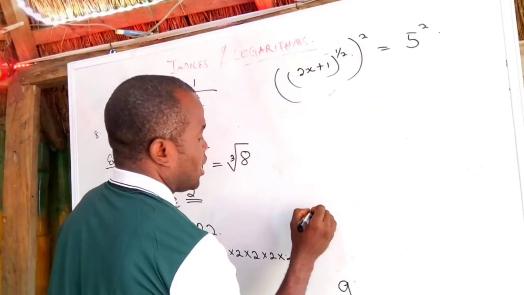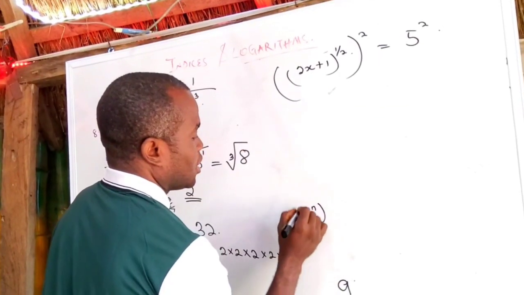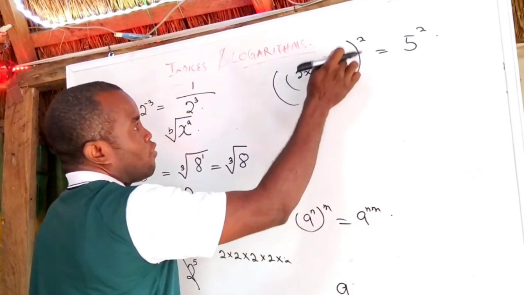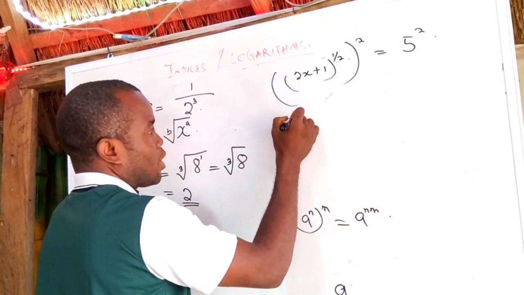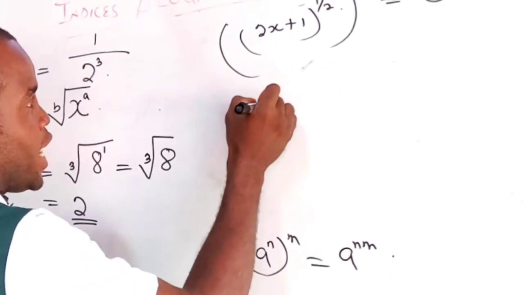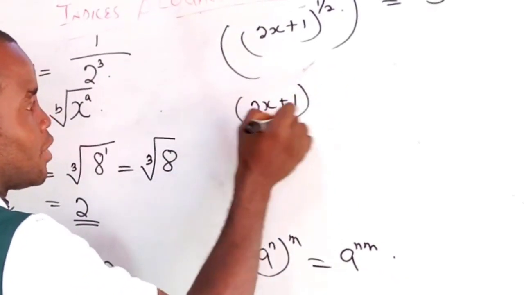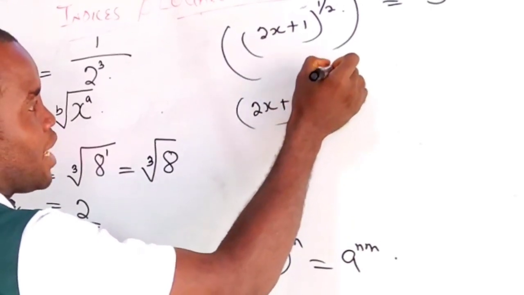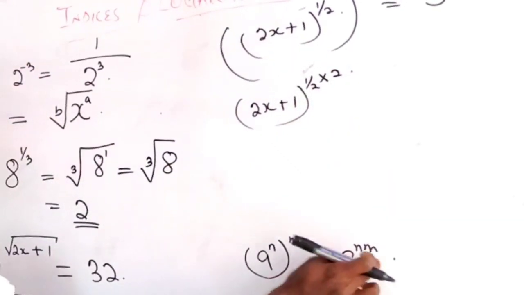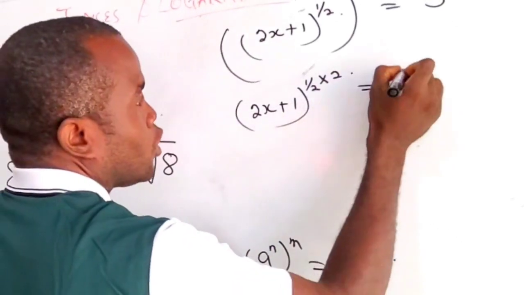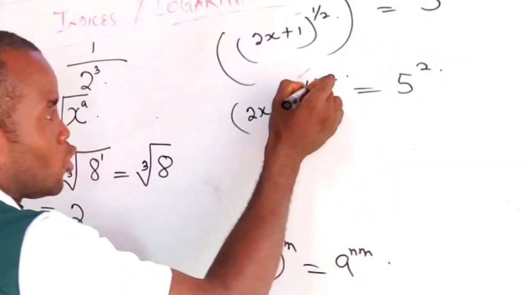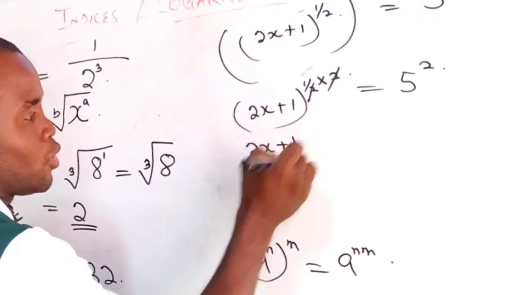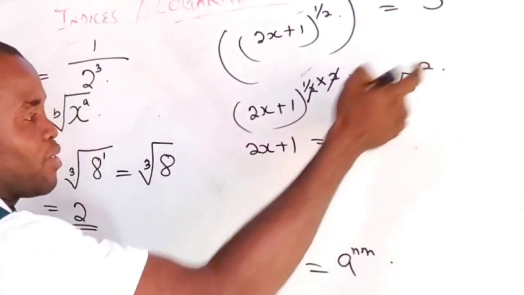So if you have a to the power n, to the power m, it is the same thing as a to the power n times m. So if we apply this here, you have your 2x plus 1 as a half multiplied by 2, equals 5 raised to power 2. So 2 can cancel this 2. That means you're left with 2x plus 1 equals 5 squared, which means